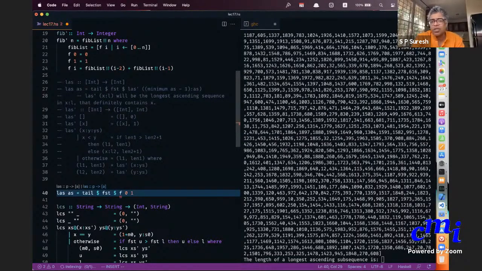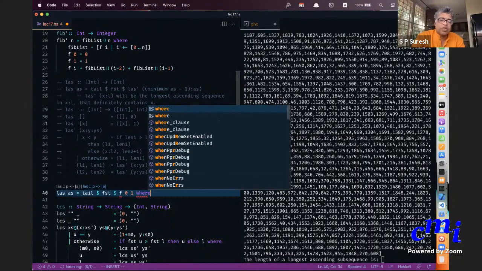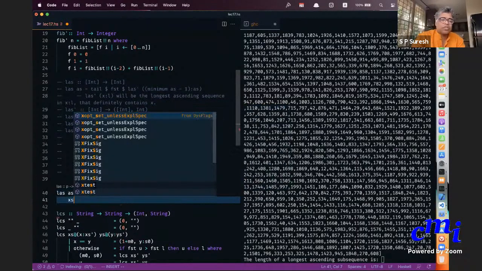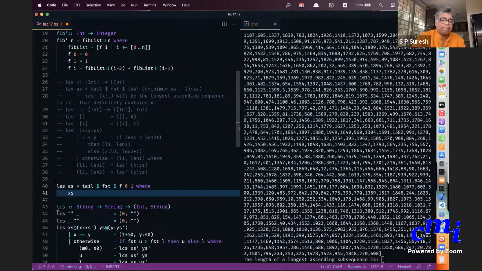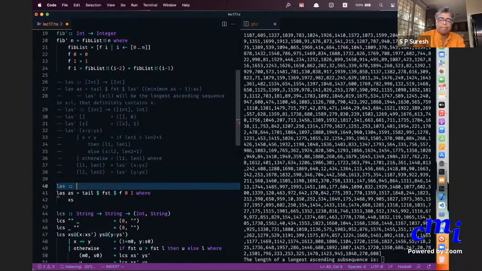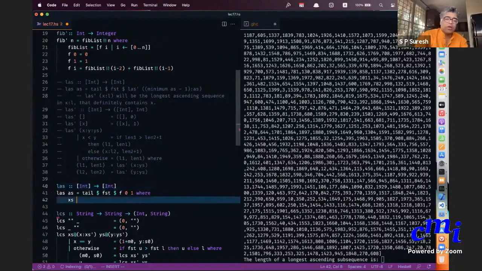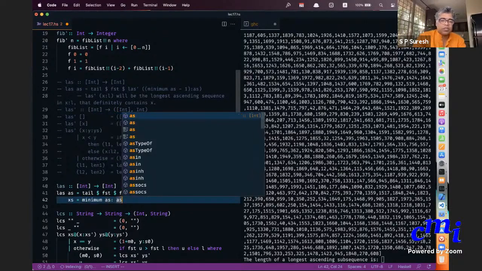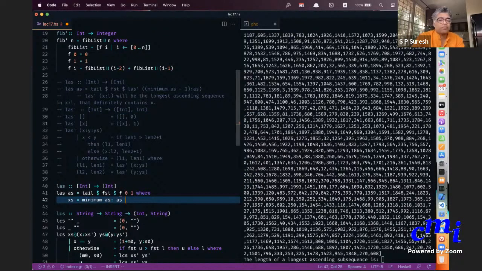I'll tell you what this means really. Let me first fix xs, which is the modified list. So that should be minimum of as followed by as.